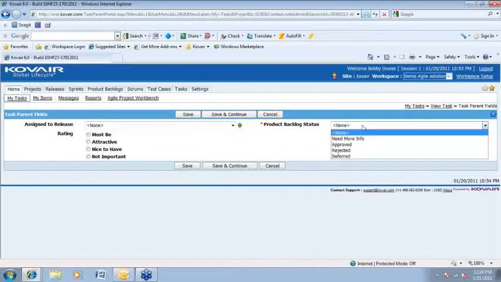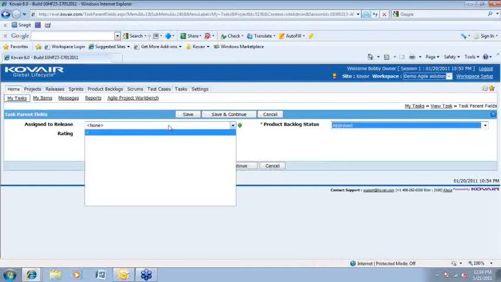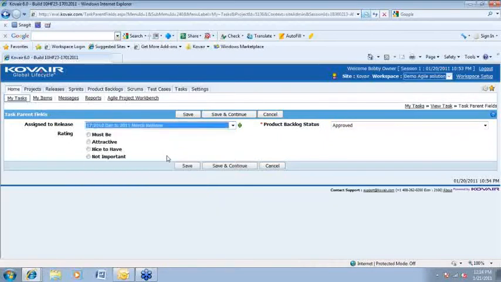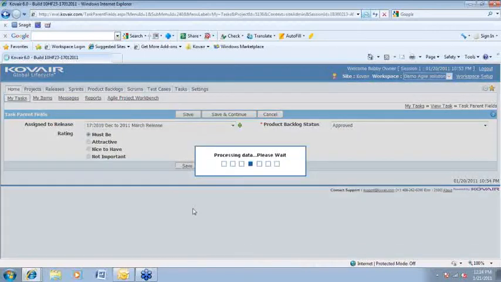So here, let's say Bobby, after reviewing the user story, updates it to approve and assigns it to the December 2011 March release, and he feels that the rating should be a must-be feature, a must-be user story to implement. He updates this information, and